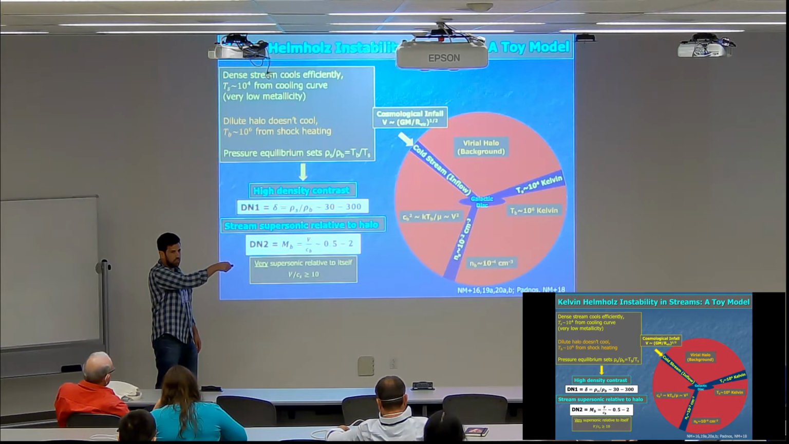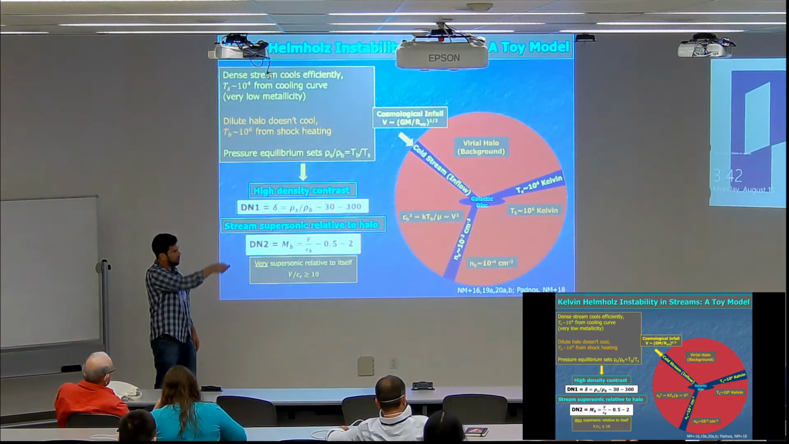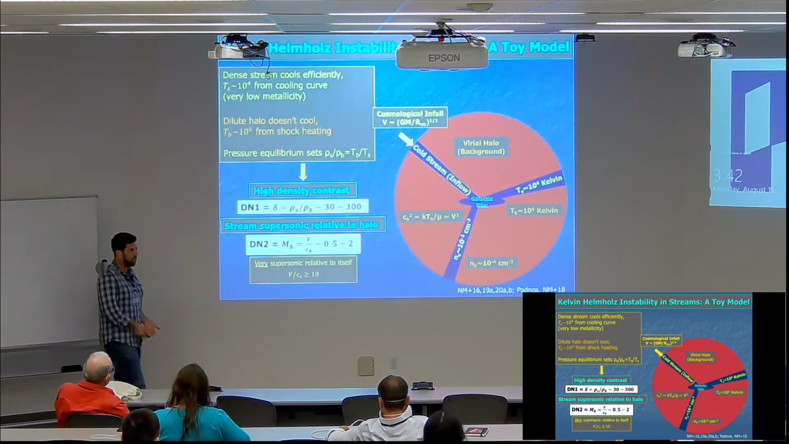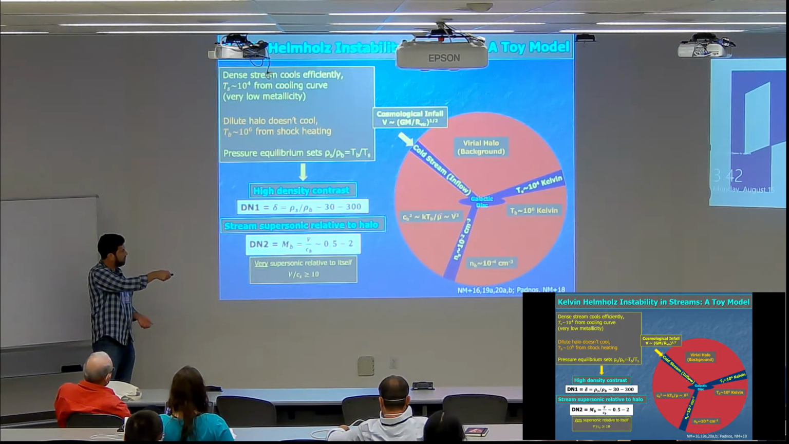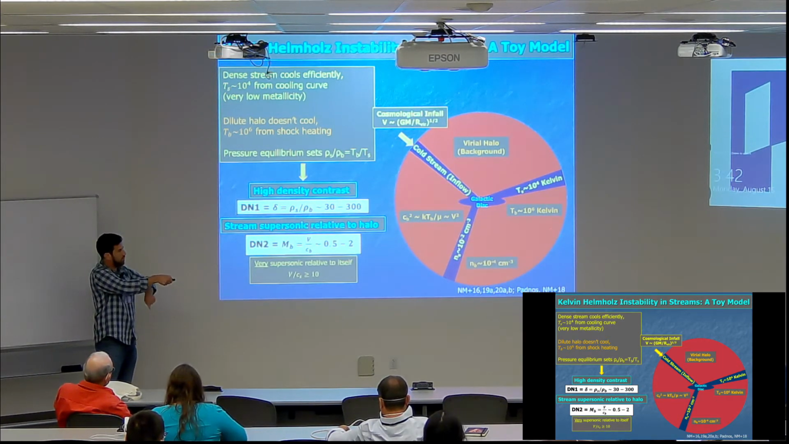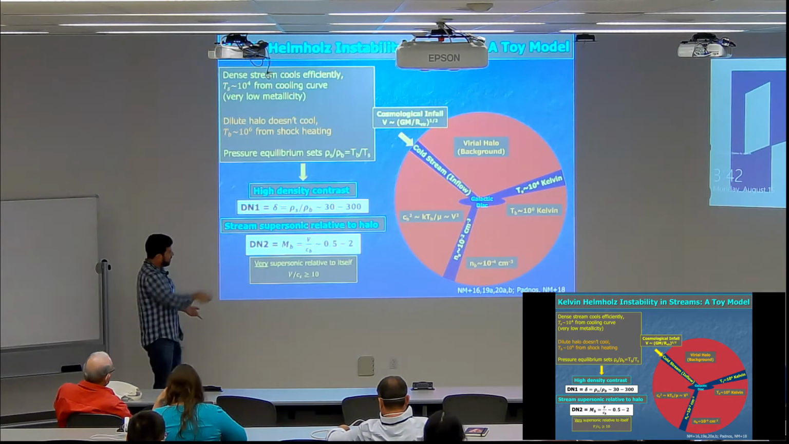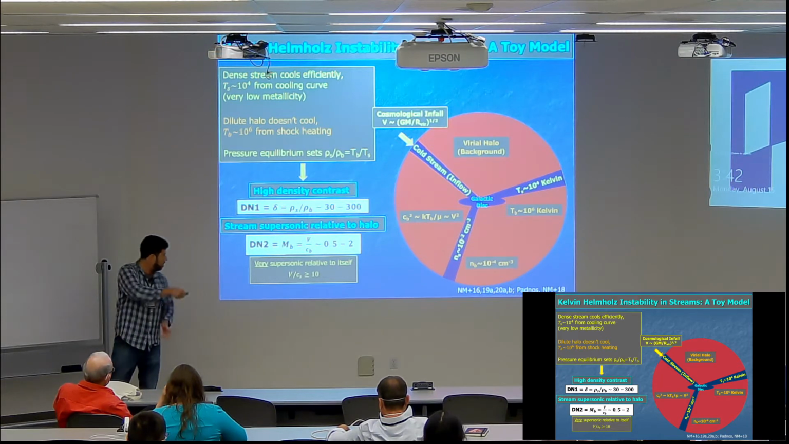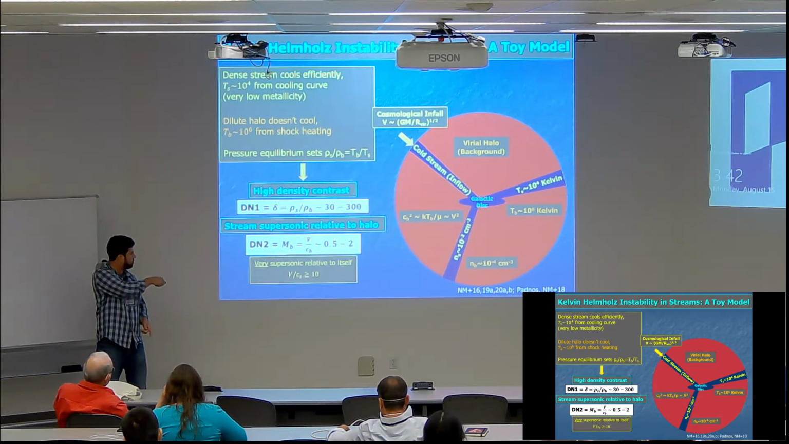hot shock-heated CGM. Now, since the streams are flowing in at of order the virial velocity, and the sound speed of gas at the virial temperature is also of order the virial velocity. Therefore, if I define the Mach number in this way, the Mach number is of order unity. Now, note that that implies the stream is very supersonic with respect to its own sound speed because of the